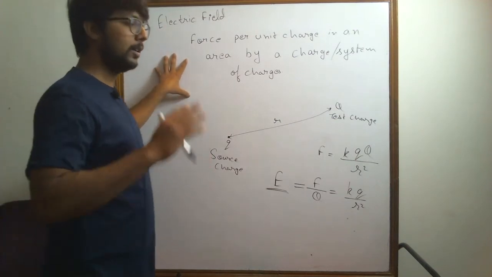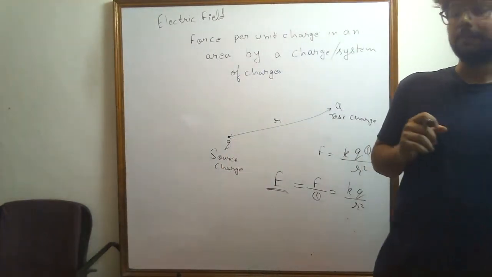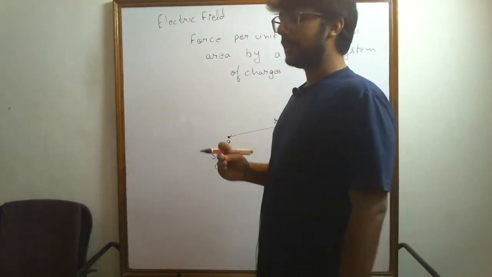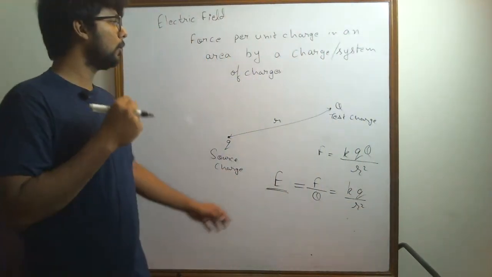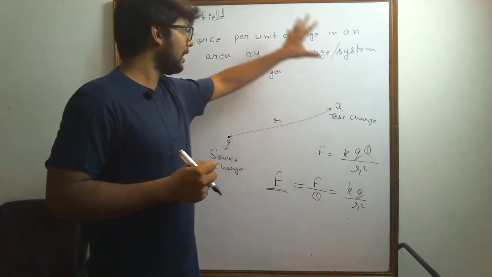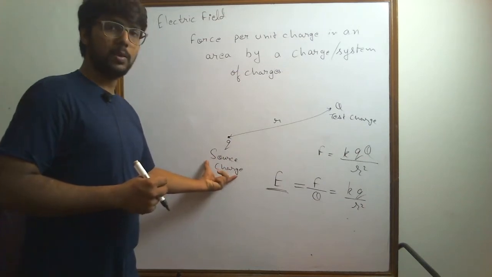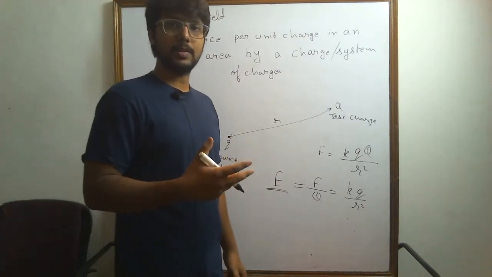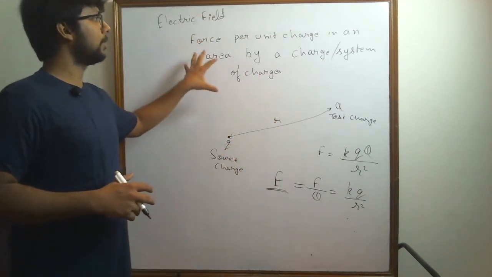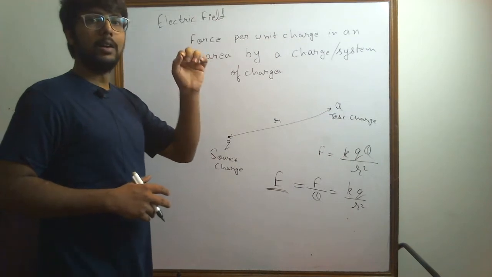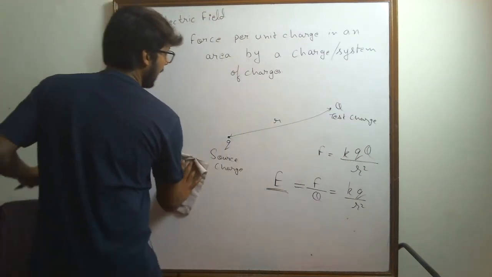It is not anything else, and we'll come to what electric flux is, my bad, but it's simply the force on a unit charge in a given area by either a single source charge or a system of charges. So once you've understood what electric field is by a single charge, let's now see what happens